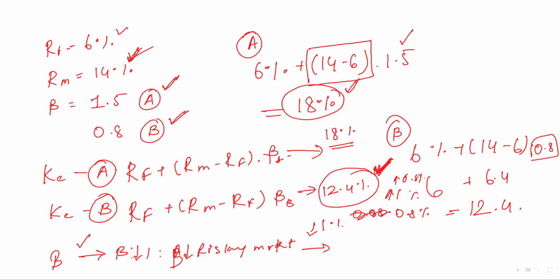Now, since I'm done with 20 slides, the clear observation that I wanted to make over here is, if beta is less than the market, the stock is less risky than the market. Therefore, cost of equity will be less than return from the market. On the other hand, if beta is